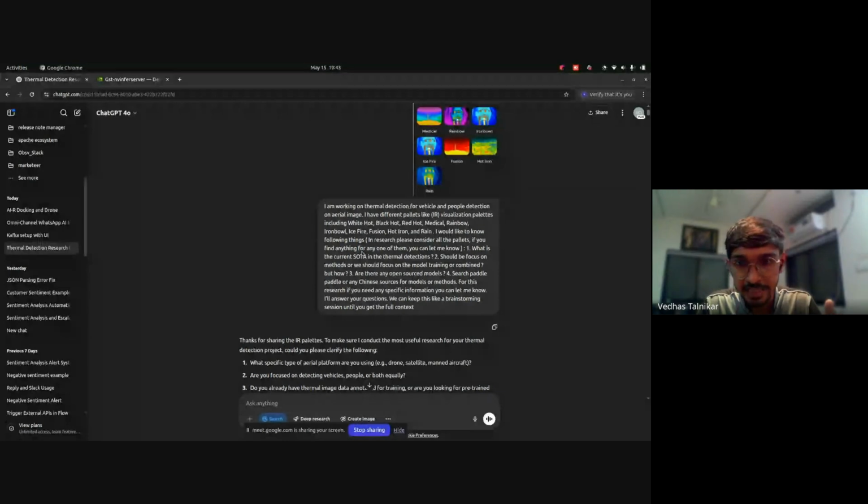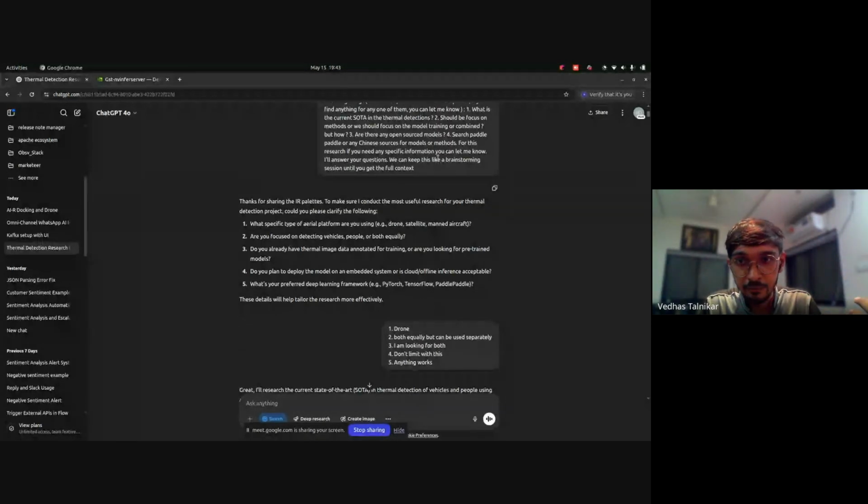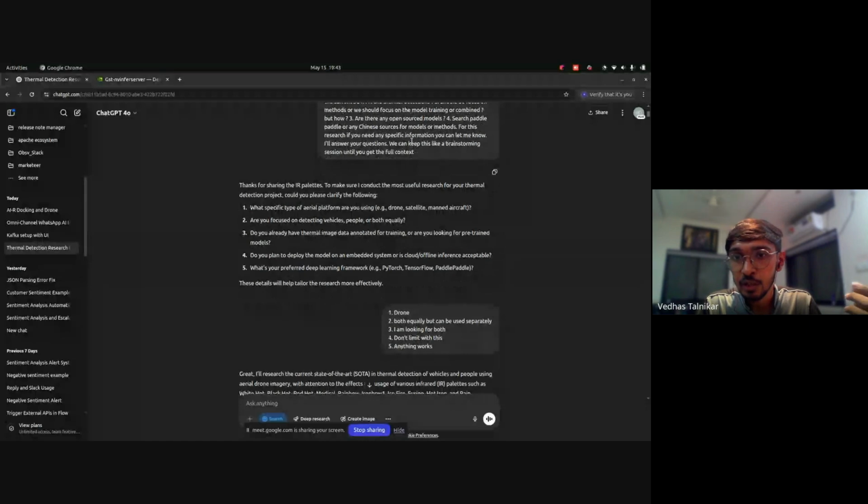First of all, we said this is the problem statement, and what I'm looking for is: what is the current state of the art in thermal detections? Tell me that. Should I focus on methods or should I focus on model training? That question, and all these questions I went through, and then the most important thing,